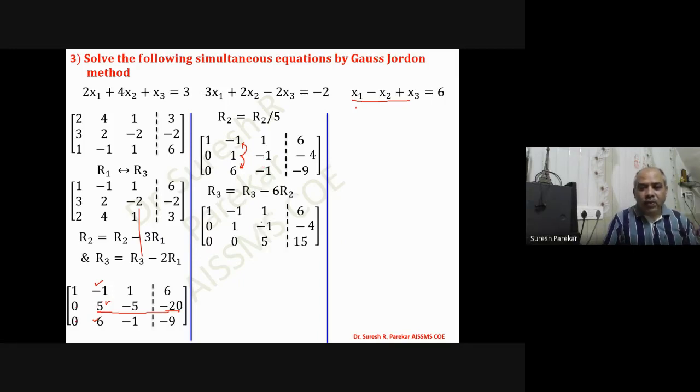Now what do we have to go for? Now we have to make this as 0, we have to make this as 0. Now you can have this as 5, this as 15. So divide by 5. So we will get this. So I have made 2 over there. I made this as 0.